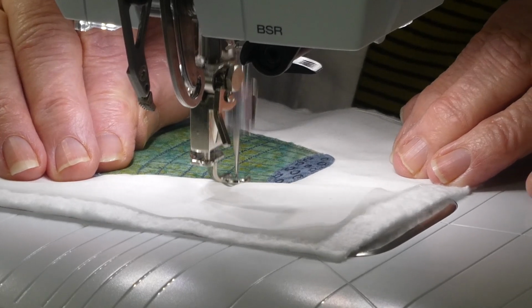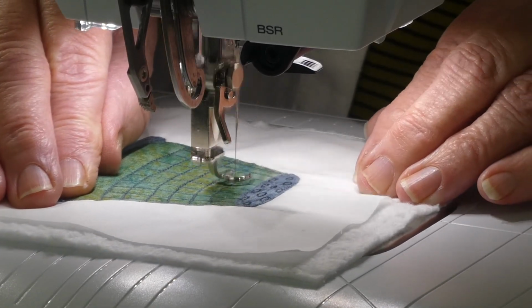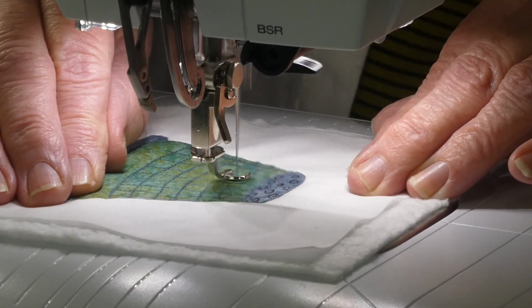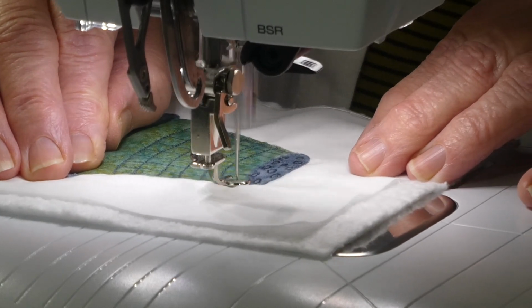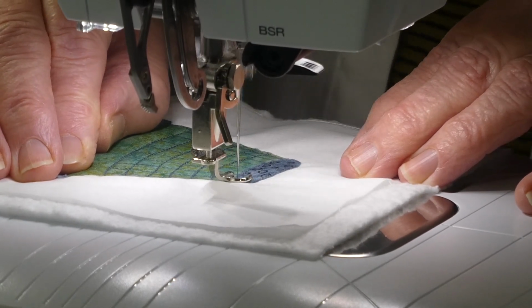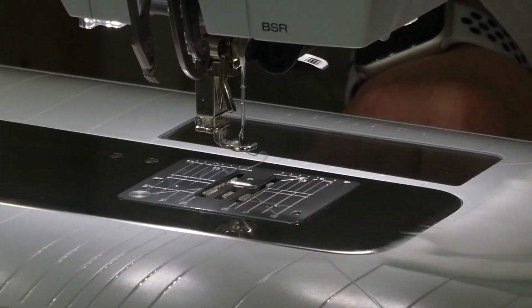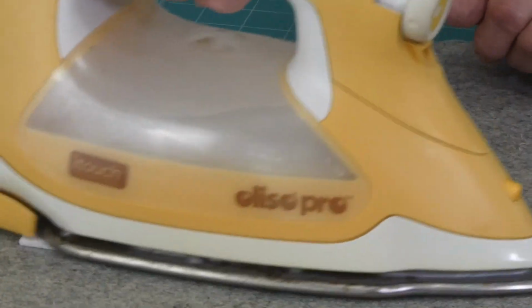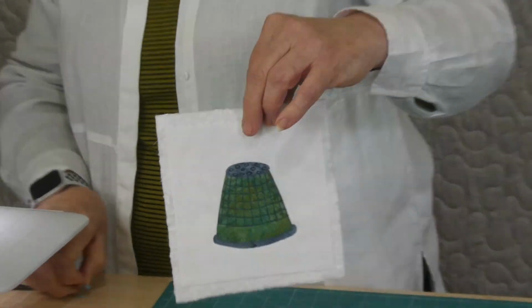So I'm just coming up. This is the last line across. Come up to the top here, a couple of stitches on top to finish it, and there we've got a wonderful looking little thimble ready to use. Let's give it a quick press, and we can put it up here with our other sewing room